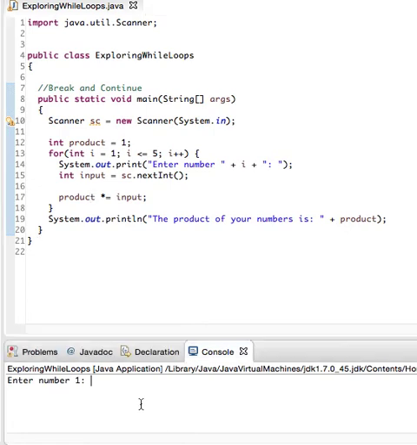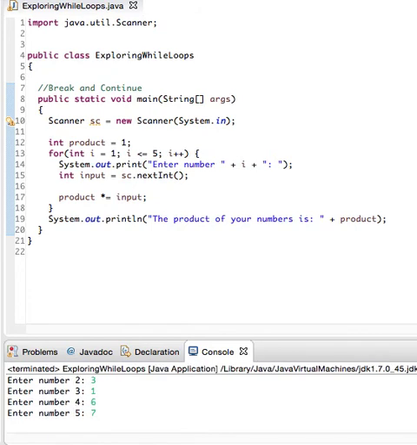hopefully it'll tell me to enter a number. It does. So I'll enter 5, 3, 1, 6, 7, and it tells me the product of all those numbers I typed in is 630. Great. All right, so what if we wanted to not allow the user to essentially